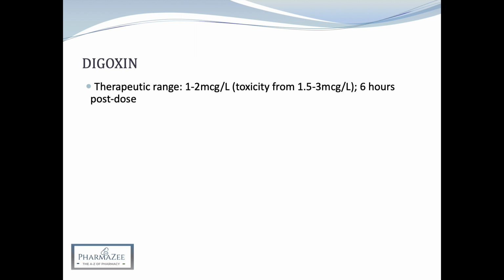Levels are taken 6 hours post-dose, and loading doses may be required because the response takes many hours to occur. It's once daily dosing as it has a very long half-life. However, you might see some patients be put on it twice daily, and that's because they're experiencing side effects, so